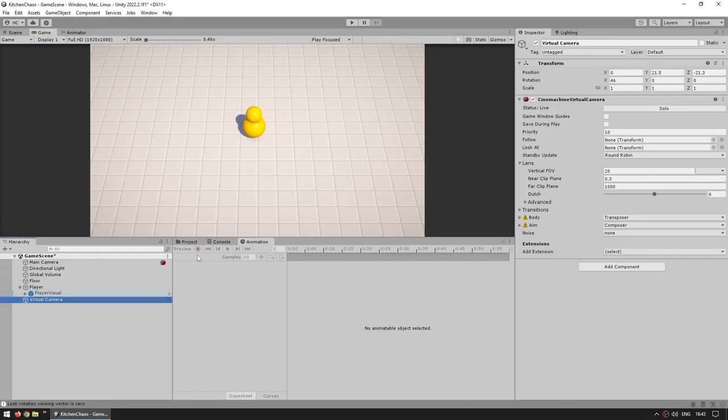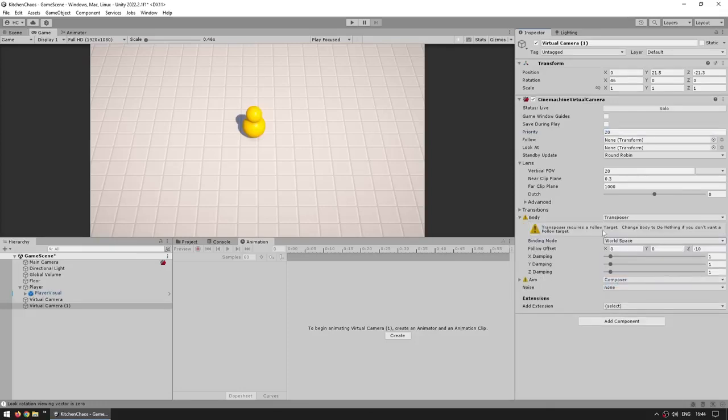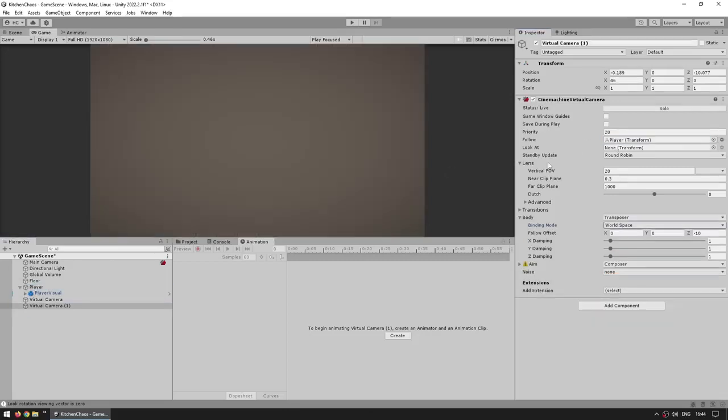So first of all, for testing, one great thing about Cinemachine is you can have multiple virtual cameras. You can have as many as you want. And then the priority and the game object enabled state is what defines which camera is actually being used. So for example, on this second one, let's make it follow the player and put the priority on 20 so that it's above. Then over here for the body, I'm going to select transposer. Let's put it with world space. It requires a follow target, so let me drag the player as the follow target,